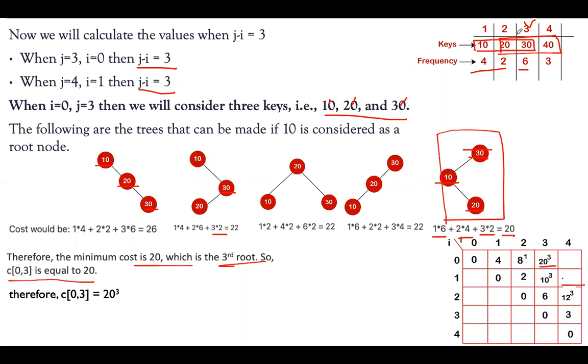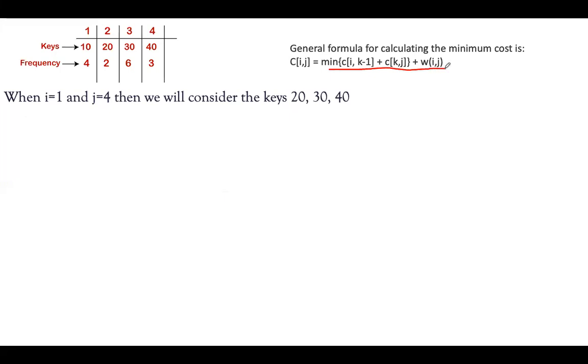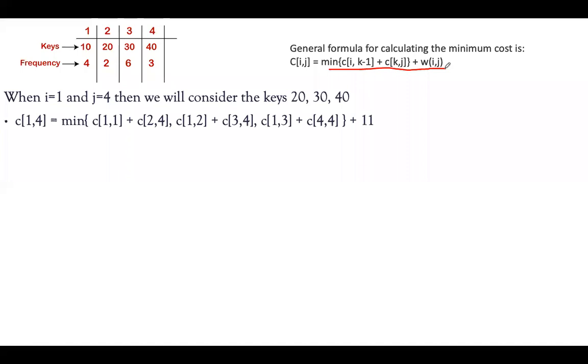1, 4 means using these 3 keys 20, 30, and 40. For 20, 30, and 40, we have to find out the tree combination. And see, so far we have used physical trees themselves. There is a formula. You can apply this formula. That is the algorithm formula. Using this formula, we can find out C of 1, 4. If you apply the formula,